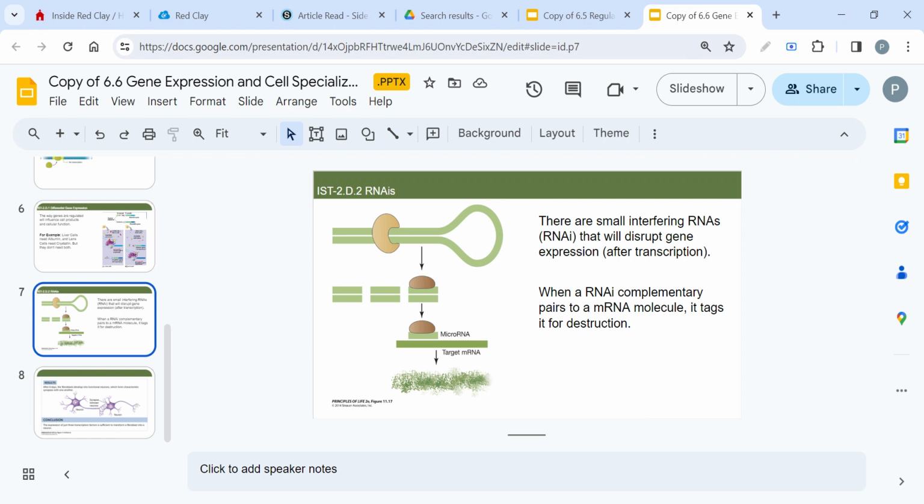So here we have some RNA that can disrupt your gene expression. After transcription, I can throw in a microRNA sequence that attaches to the mRNA, preventing it from being translated by a ribosome. It's kind of like there's a protein attached to it. So instead of going to the genetic level of the DNA, we're just going to affect the mRNA that's floating around in our cytoplasm,